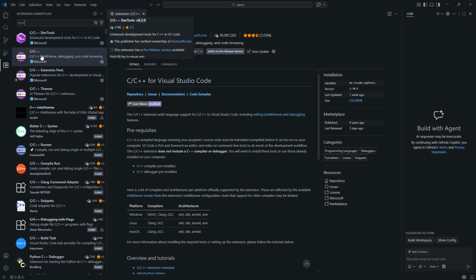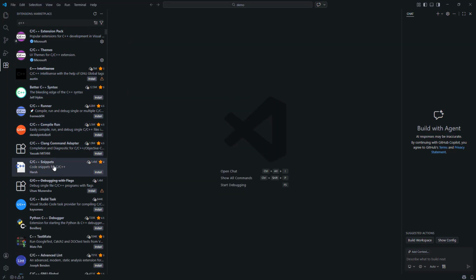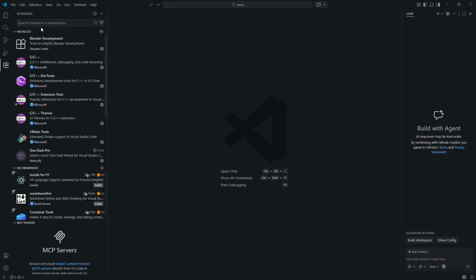And just make sure you get the C++ one from Microsoft. Okay, so this identifier is unique per extension. So as long as it has this as the identifier, that's the one. And then next, go ahead and get the CMake extension and just type CMake up here, but I already have